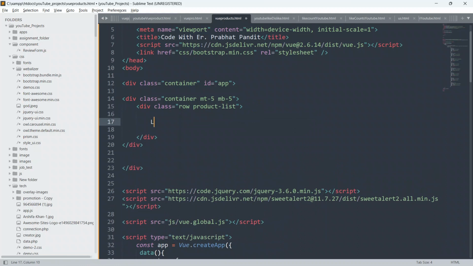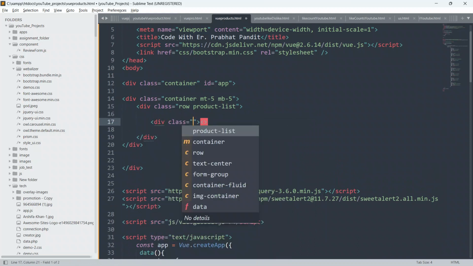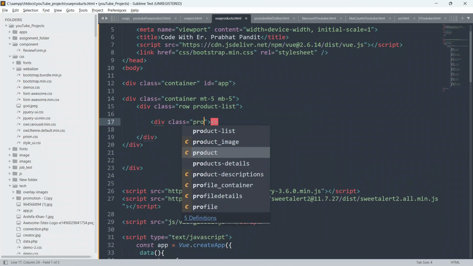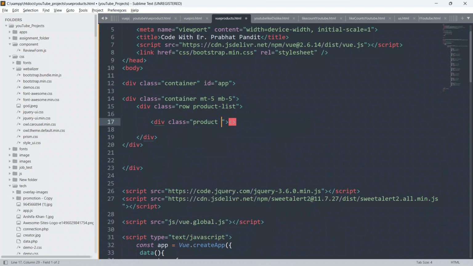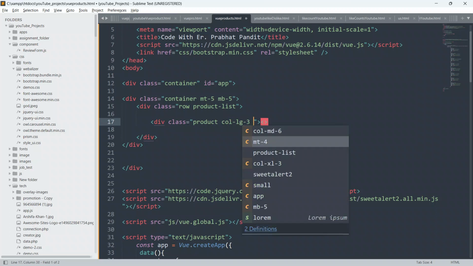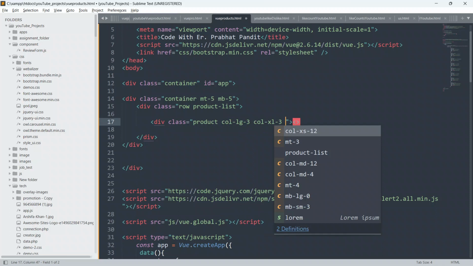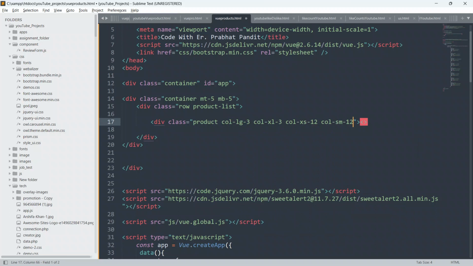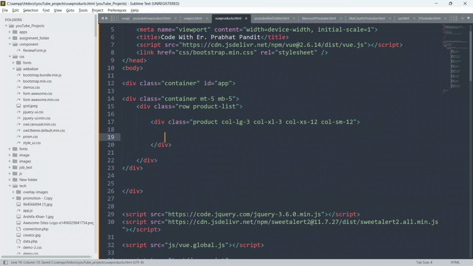And inside this div guys, I'm gonna create another div. So give it a class as a product only, give product, and give col-lg-3, and give col-xl also 3, and give col-xs-12, and give col-sm-12 also. Okay, and close this div first, and guys, inside this div only I'm gonna create